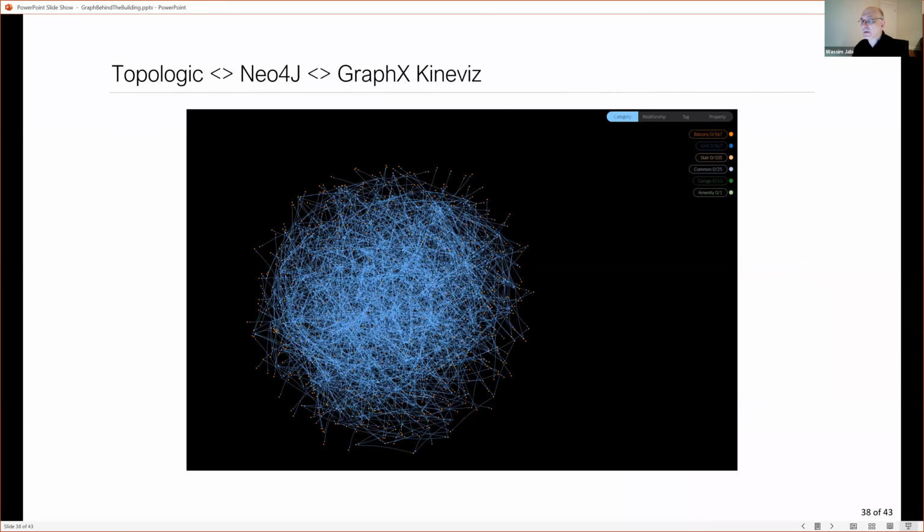And then Neo4j also connects to a really nice plugin called GraphXR from Kineviz. So I'll show you what this is. This is the graph of that test fit model. It might not look like it. It will in a second, but this is the graph of it. If you're looking at it like this, it's useless to the human eye, even though all the information is in there. But if you say, okay, go ahead and unfurl this graph and put every node where the centroid of the room was, you'll see that it is actually the building.